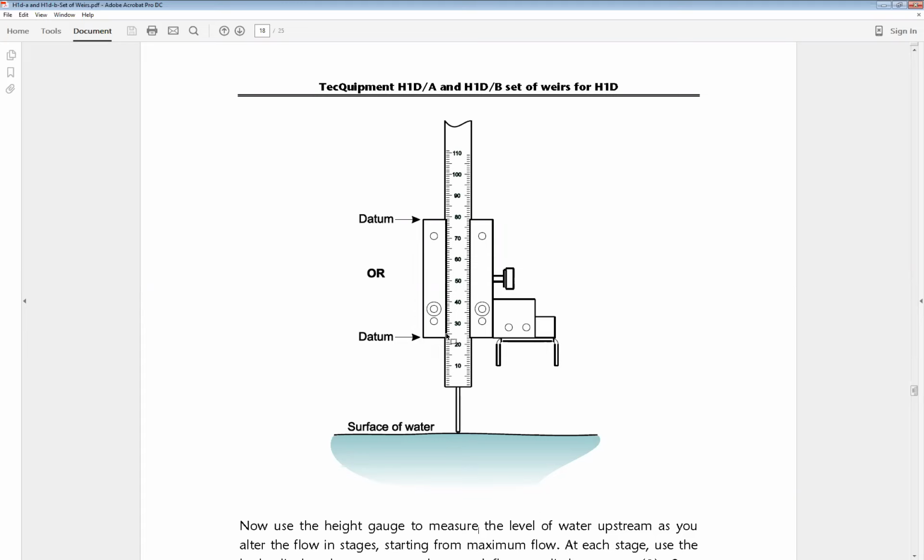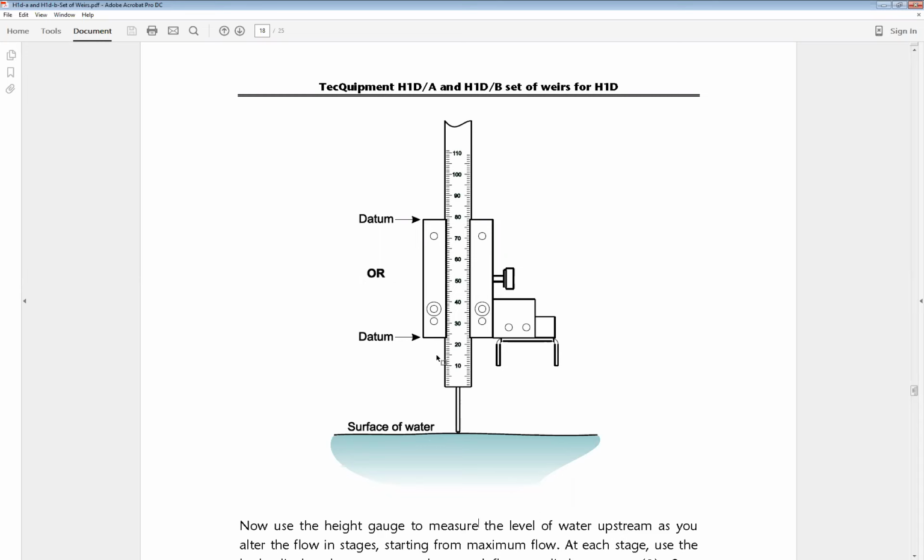You can either use this measurement, the bottom of this, or you can just use the top of that. It doesn't matter, but you need to stick to one place, either this one or this one, for all readings. Let's say we use this one, set this one all the time, and the first time before running the test, we read the water surface once it just touches the bottom of the V-notch, and we can set this